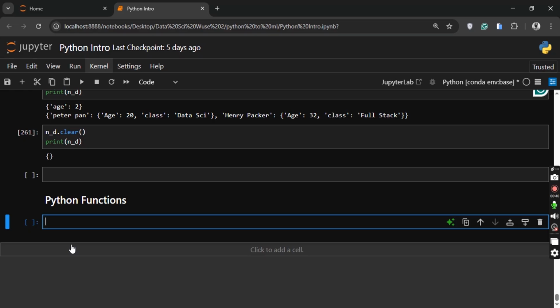Well, function is basically the performance of a task. The ability to do something, or the performance of a task, can be called a function. Okay? But in programming, function is not just about the ability to do something or the performance of